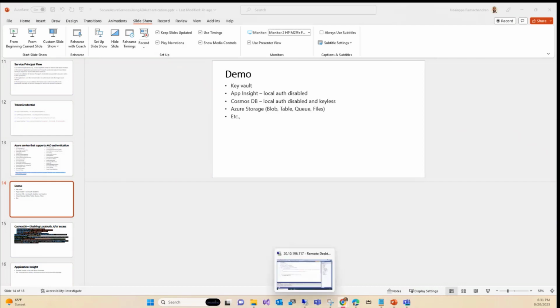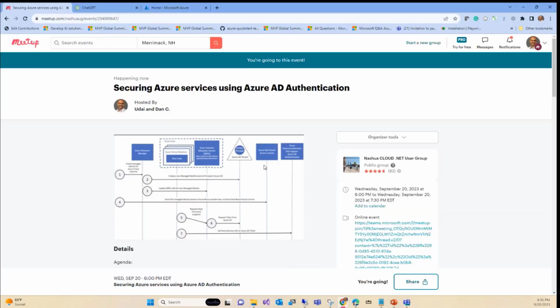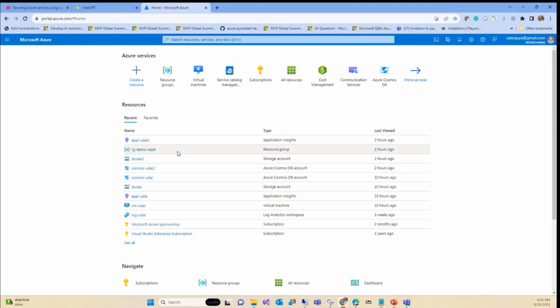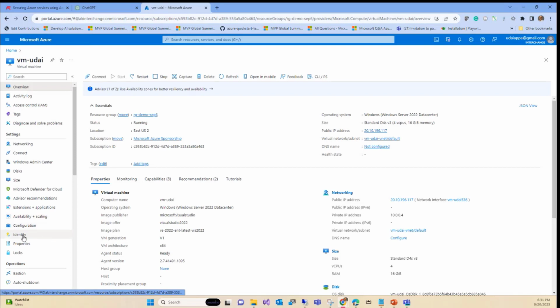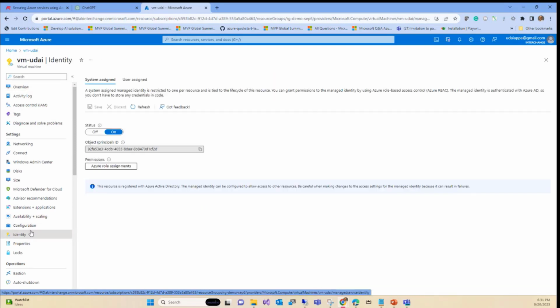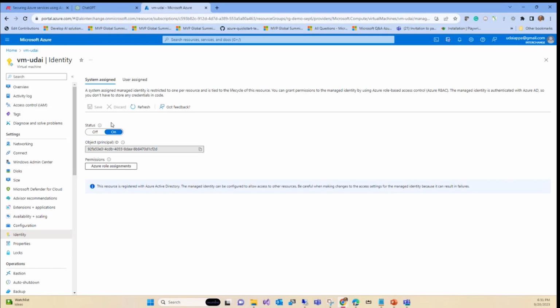All right. So what we're going to do is explore some services over here, and how you can create a managed identity. So this is my subscription. I'm going to run the code from the VM. There's something called Identity. You go there, and by default it will be on if you use the portal. But you can automate the templates to be turned on by default. But most obviously, if you click through next, it's going to be in the off state.